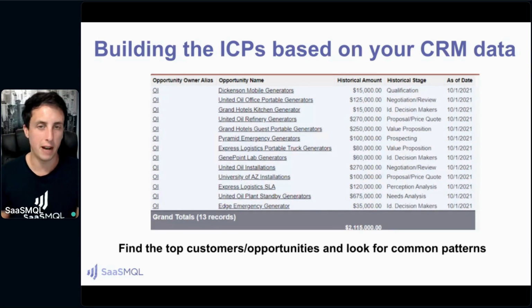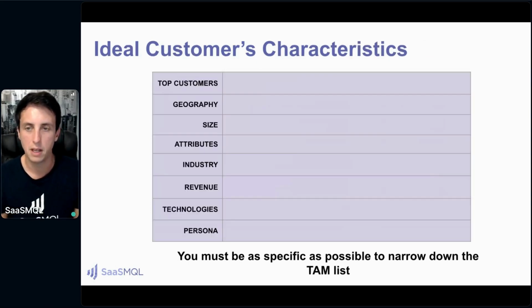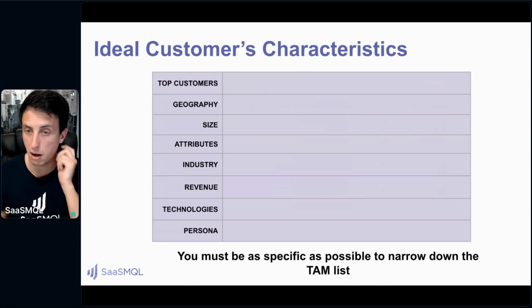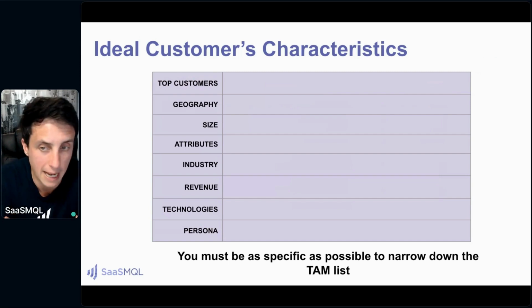And that's going to be your ICP. That's where you're going to create your profile of the ideal customer. So you might create more than one profile depending on what stage your company is at. So if you write down in this chart at the top your top customers, and then what is the geography of these top customers, what is the size, what other attributes they have that maybe are not